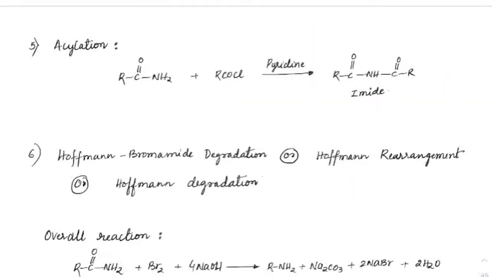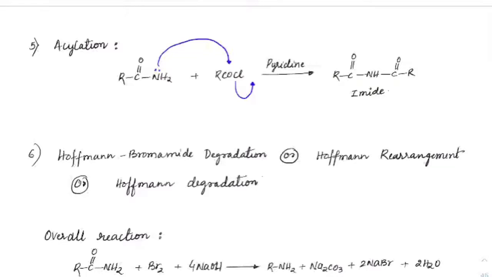Now we'll see acylation. How the acylation happens on amides. Same thing, the lone pair present on the amide will attack the C double bond O, Cl minus will leave, and we will get this RC double bond O, NH, C double bond O. With NH, if we have C double bond O on both the sides, we call it imides. So you will form imides in this. Amides don't have many reactions. These are the only reactions we have.